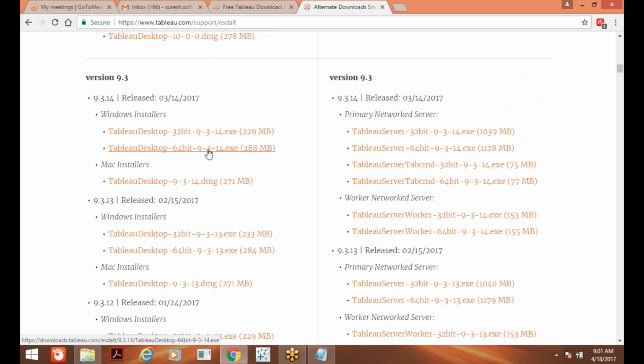If your laptop is 64-bit, go for 64-bit. How do you know whether your system is 32-bit or 64-bit? Go to My Computer, right click on it, go to Properties, there you will see 32-bit or 64-bit. According to that, you can go with 64 or 32-bit and download it. Same procedure. And if you go down, you will have 8.3 also.